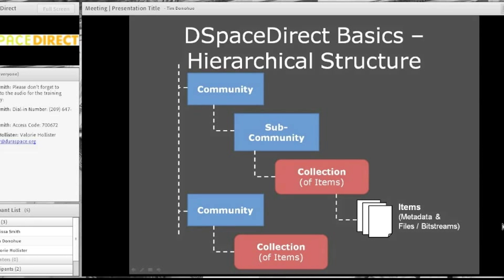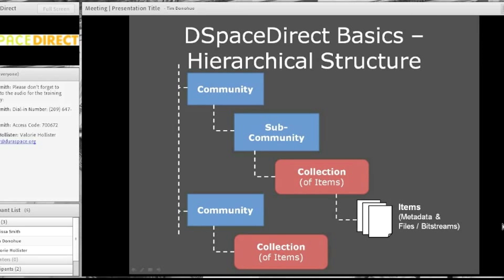So a collection in a lot of ways is very parallel to the idea of collections in libraries or archives, because that's where DSpace came out of. So collections is just that you could group a collection of similar subject areas. You could group a collection of things that are all within the same journal. Maybe it's an actual journal issue and all of the items within it are articles. There's a lot of things you can do with collections, but basically collections are the place that you put your